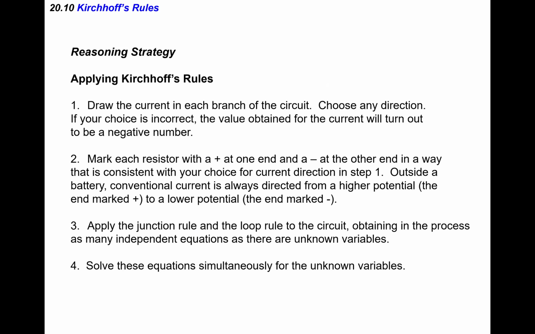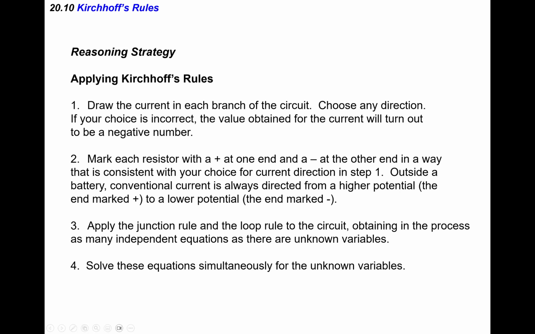Let's take a look at the reasoning strategy, okay? So how to use Kirchhoff's rule to do the problem. First, we are going to draw the circuit, and in each branch of the circuit choose any direction. If your choice is incorrect, the value obtained will be a negative number. So you just draw the current, choose any direction, and mark each resistor with plus at one end and minus at the other end